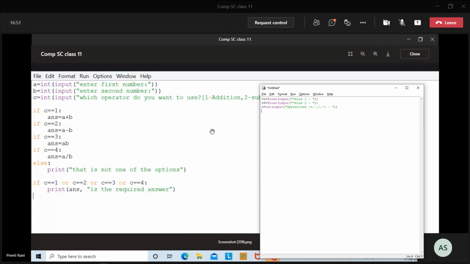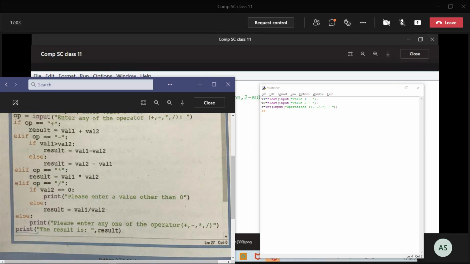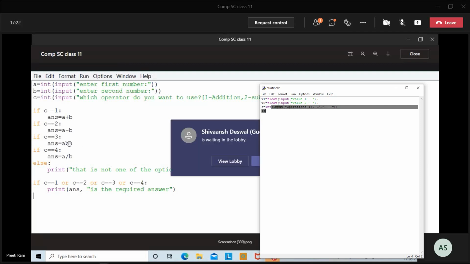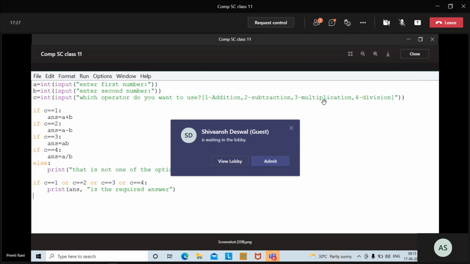Ma'am, in the multiplication part, I forgot to add an asterisk in answer equals A into B. My 8 key is broken, so I can't actually type an asterisk, so I had to copy paste it, and I forgot to do that. No, the asterisk is a must, there should be an asterisk in between A into B, right?